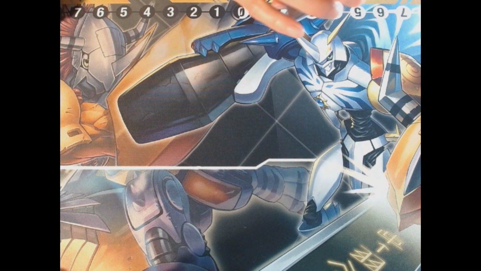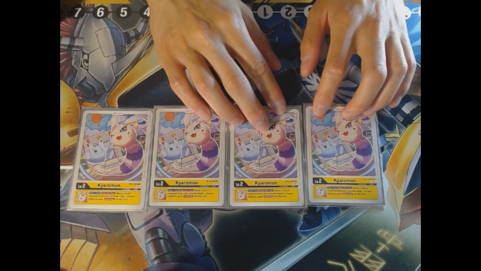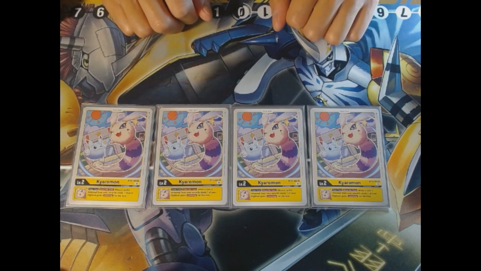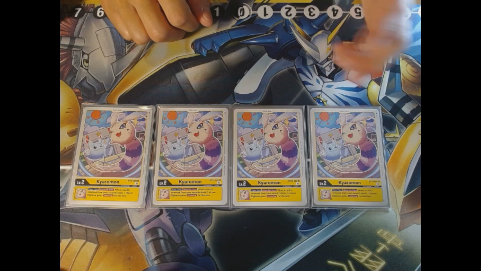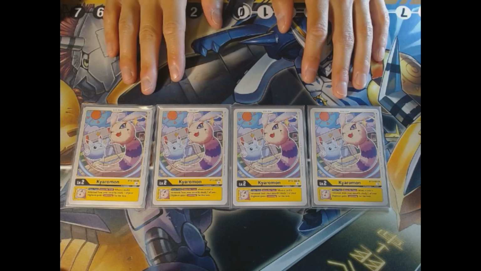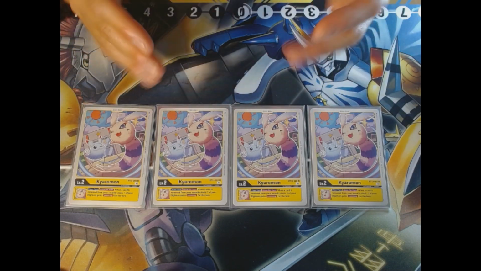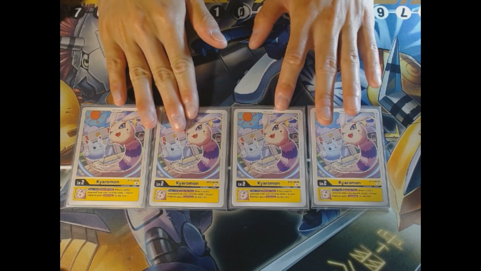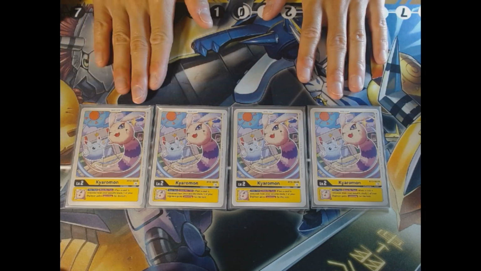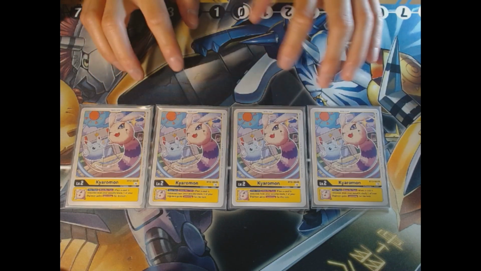All right. So, to start off with our eggs, we're going to be running 4 of the new BT13 Kentaurosmon. Once per turn, when a card is removed from your security stack, you can give one of your Digimon jamming. Synergizes very well with what this deck wants to do. You're constantly manipulating your security and trashing to proc effects from various options, your Tamers and your top end. So, getting jamming is, I think, just an added benefit to the synergy with